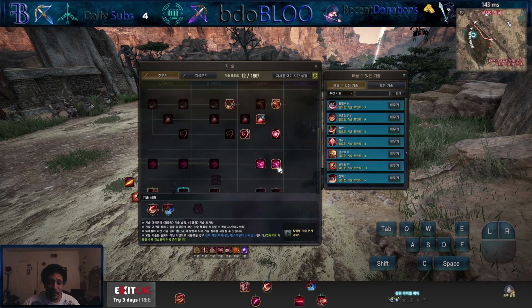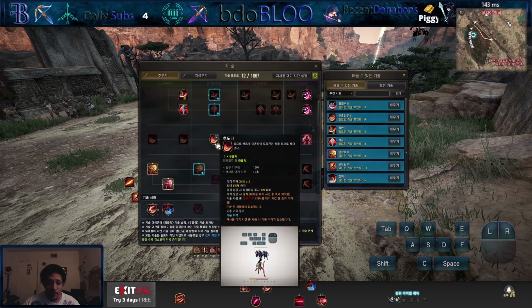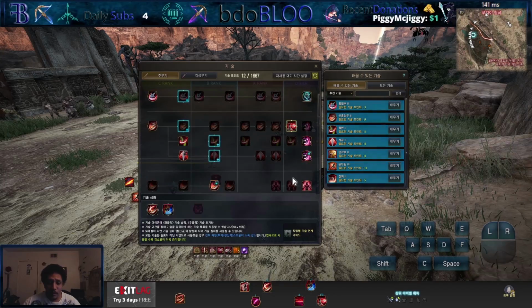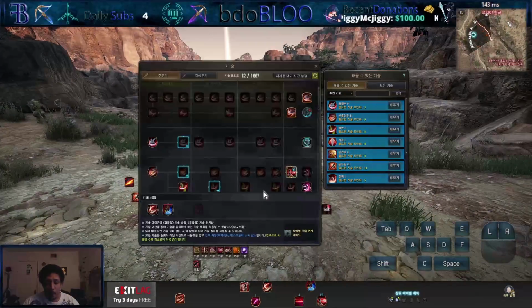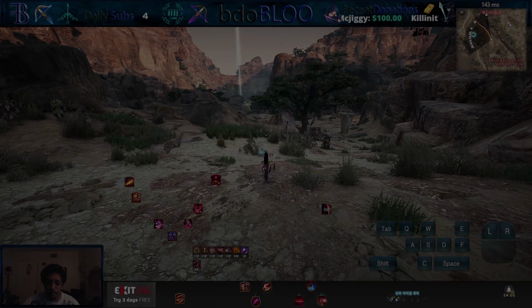For her dash, it's going to be her forward F, forward LMB, and then her forward RMB for your jerry rig dash. Her Q buff allows you to run without wasting stamina, and it also will taunt mobs within the general vicinity of her. And that's her